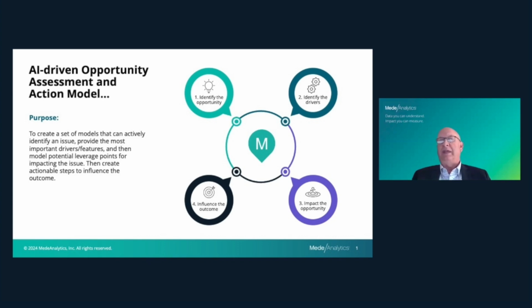And thinking about explainable AI, really trying to create, first, that first bubble up there with the light bulb, identify the opportunity. So thinking about, what do I need to look at? What do I need to see? What do I need to find out? Well, I can't look at all the data to discover what's going on.